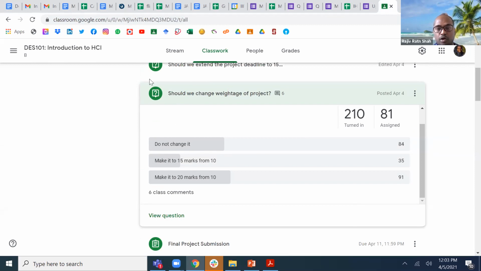So we can make the overall project marks 20, so that those who want to put in extra effort can improve on the project itself rather than creating a new task, because working on the project is something you can take away with you by the end of the course. You will be very much satisfied.